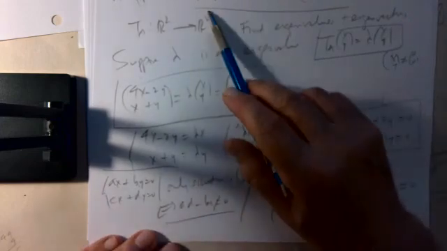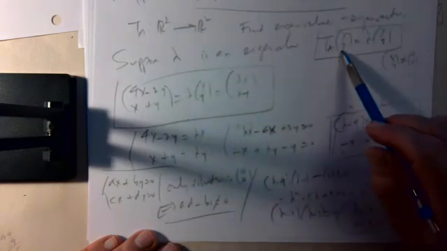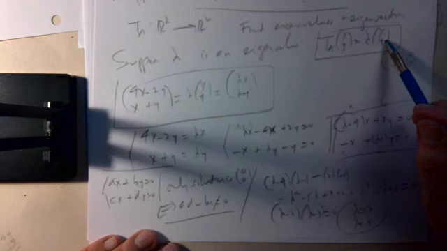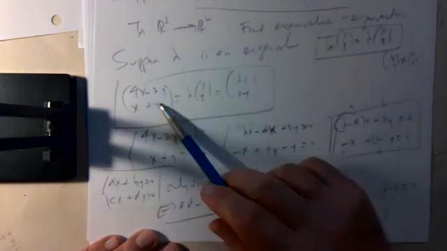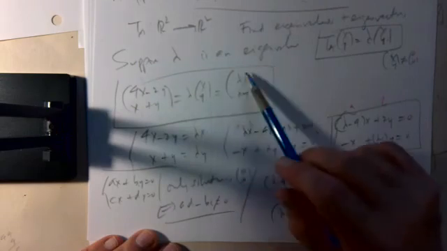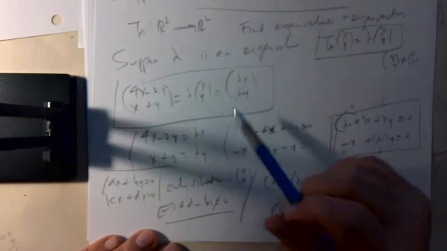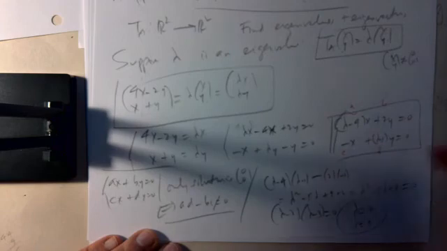And (x, y) is an eigenvector with eigenvalue lambda if T of (x, y) is lambda times (x, y). T of (x, y) is this vector, equals lambda times (x, y), that's lambda x, lambda y. That corresponds to just,